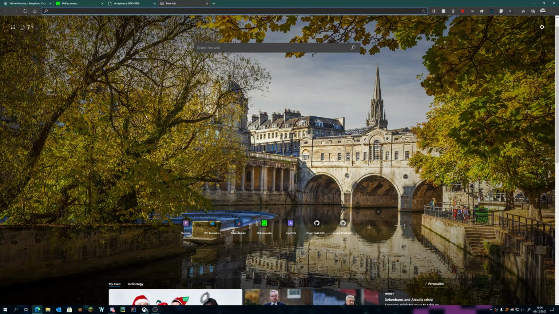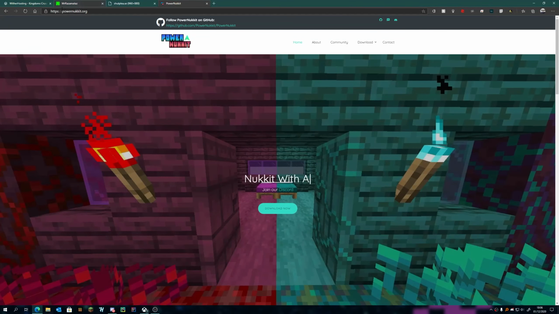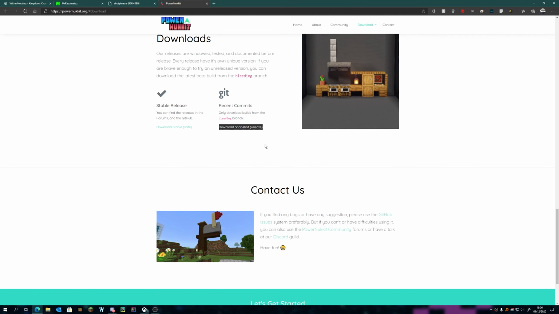Hello, in this video I will be showing you how to set up your own PowerNukkit server. The first thing you're going to want to do is go to www.powernukkit.org and click download now. At this page you'll have to make your first decision whether you download the stable release or the recent commits